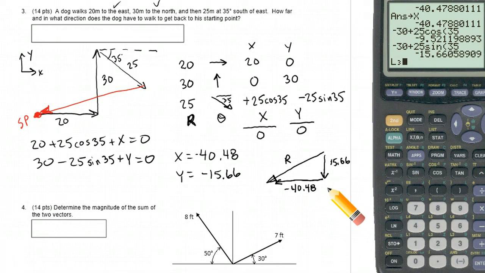Okay, so this is the angle I'll work with here. I've run out a little bit of room, but I'll just continue on down here. I can say the tangent of theta is equal to 40.48, again using absolute values, over 15.66. Theta is equal to